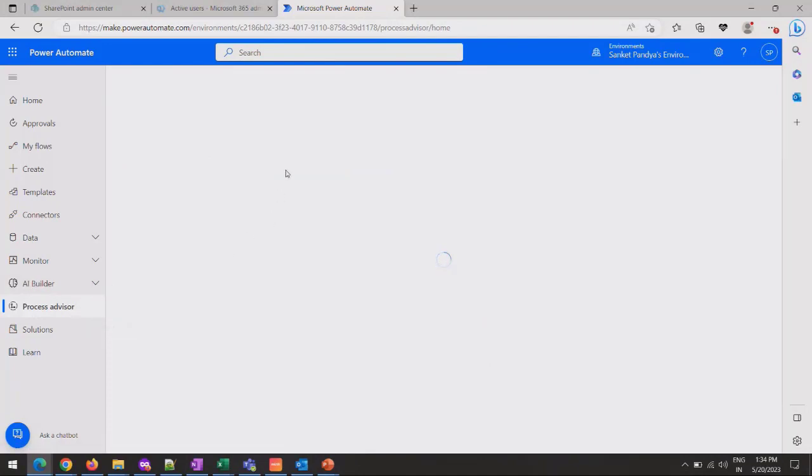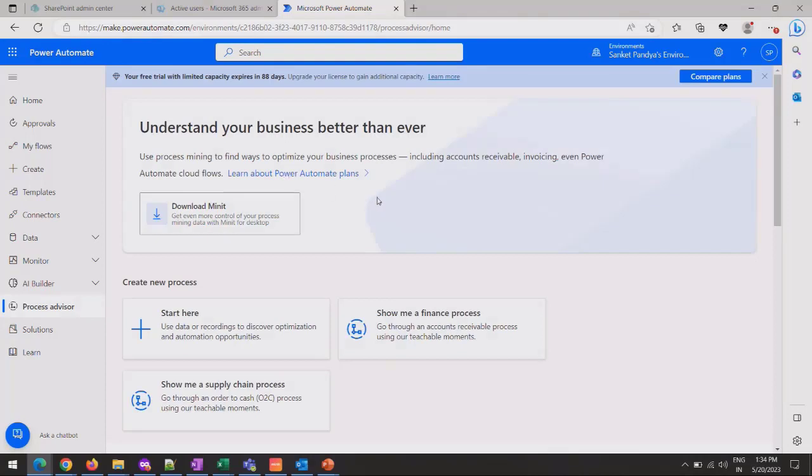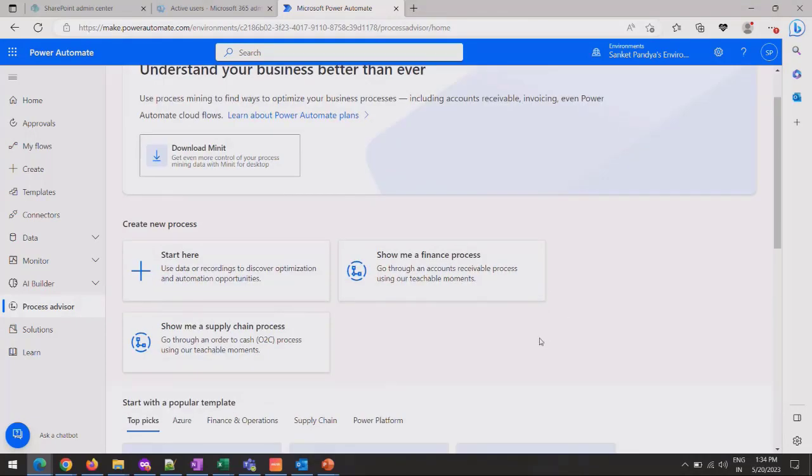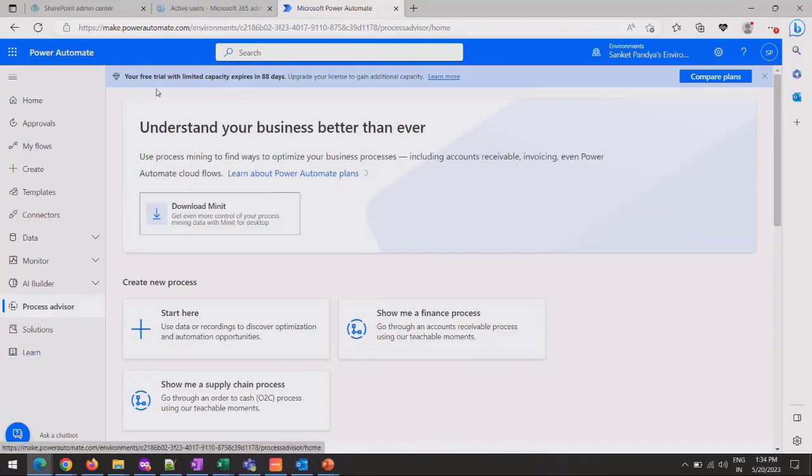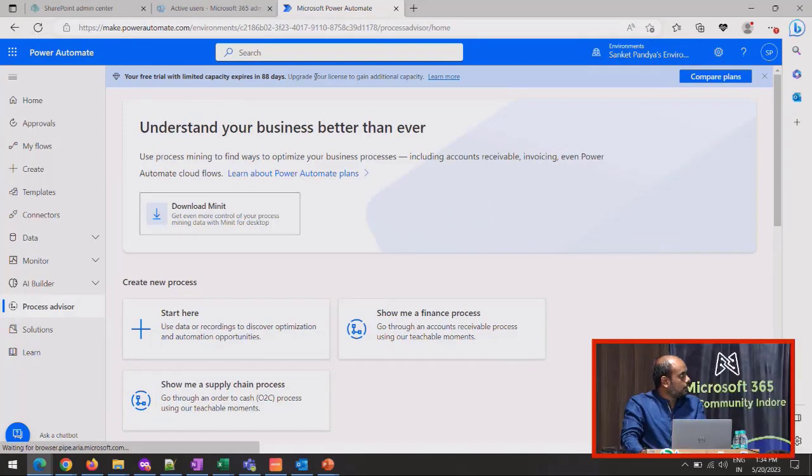This will take some time, so just bear with me, depending on network connection as well as how Microsoft responds to this one. So this is mainly your dashboard. I've also enabled a free trial. You can see that trial version. You can also enable that to gain knowledge or to do some sort of